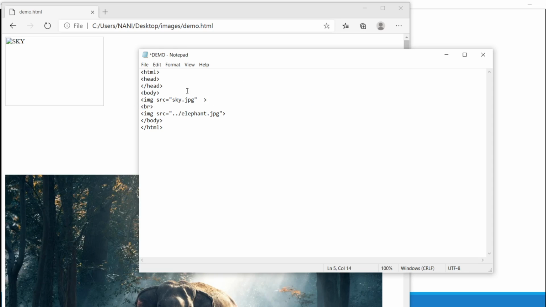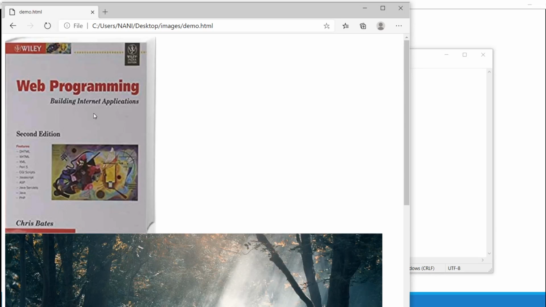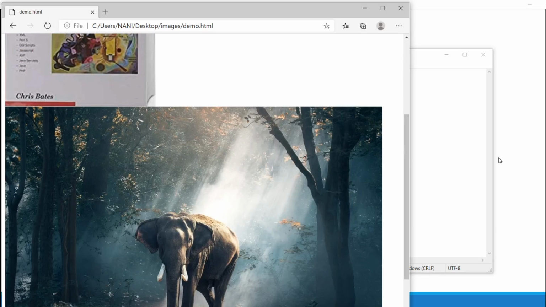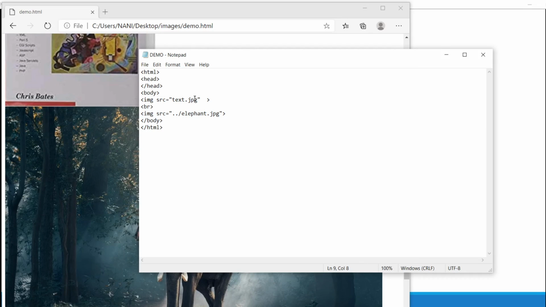So delete this and place text.jpg. Yeah, I'm getting the text. So see with text.